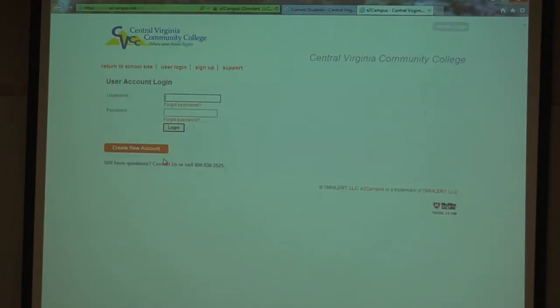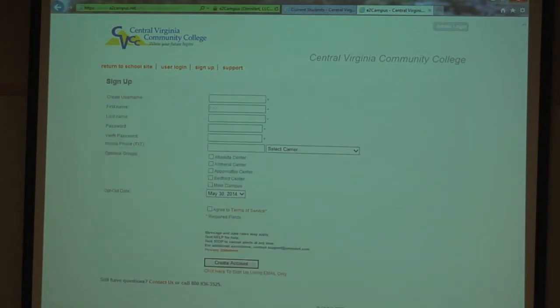If you've already created an account, you wouldn't create a new one, but you're going to click the Create New Account button if you've never created an account before. What you're going to do is type in a username, your first name, last name, and a password. Your username and your password is how you get into your account. What I would suggest is you use your My CVCC username and password so you don't have to remember